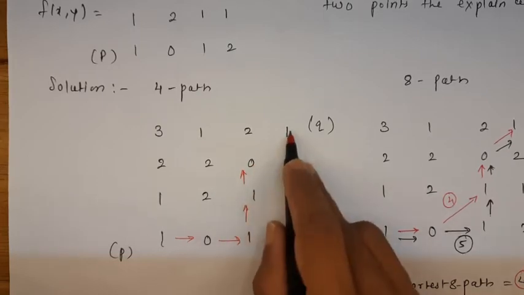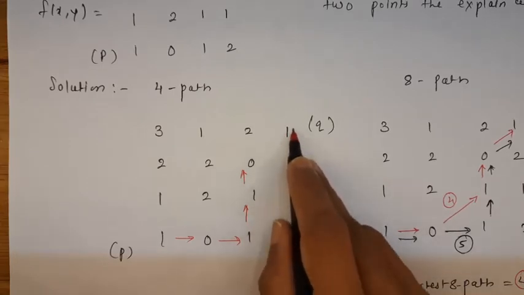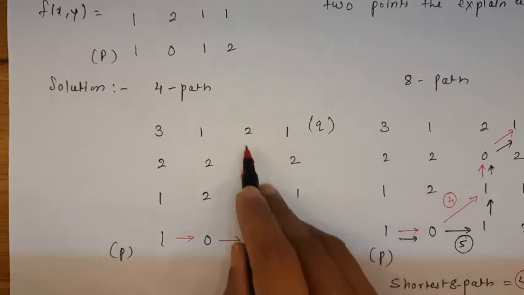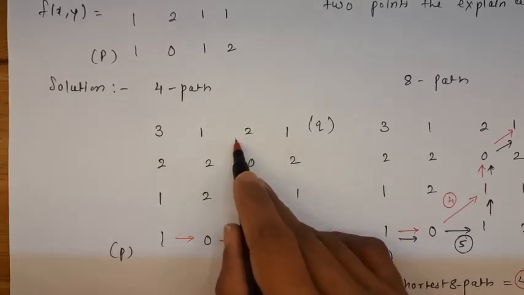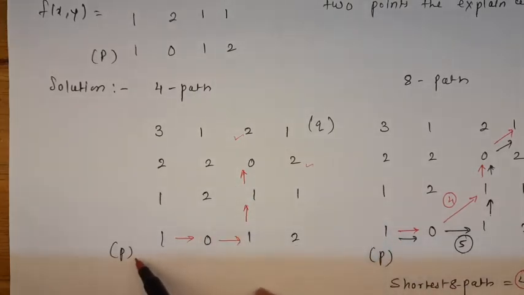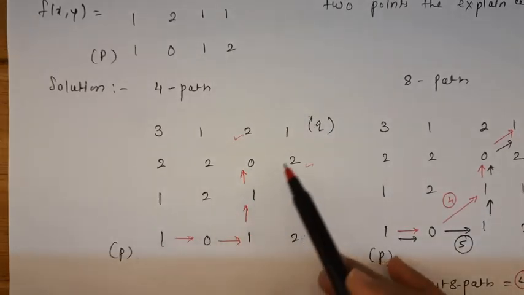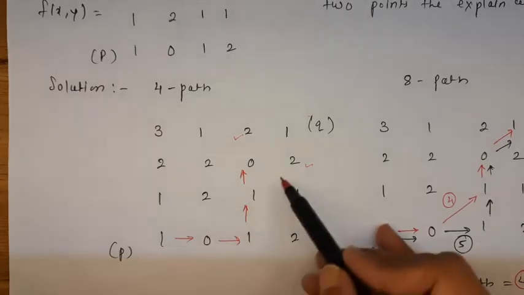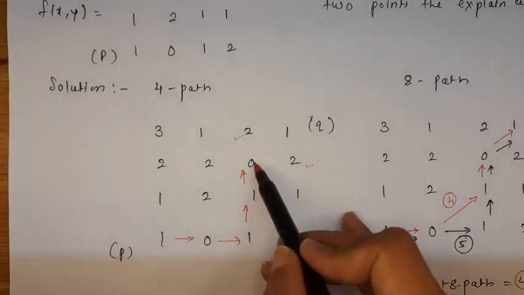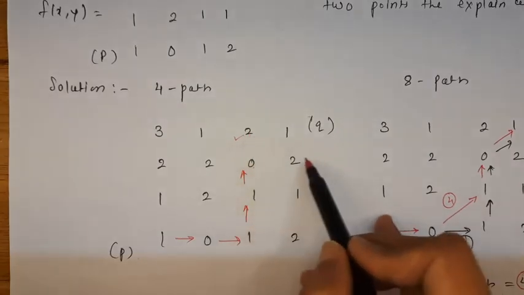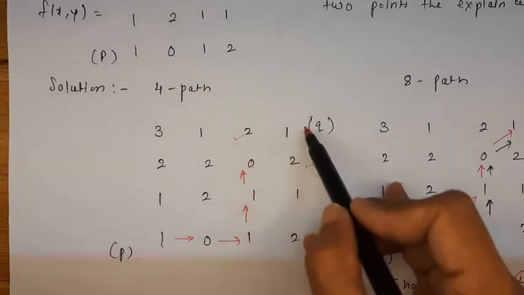Okay. Is this pixel in N4? No, so I cannot connect this diagonally. Can I connect this? No, because this is not satisfying set V. This is also not satisfying set V. So there is no path between P and Q. That's why they have mentioned that if there is no path between P and Q, you have to give justification why it does not exist. What you will write is that after this pixel there is no neighbor through which you can connect to Q.